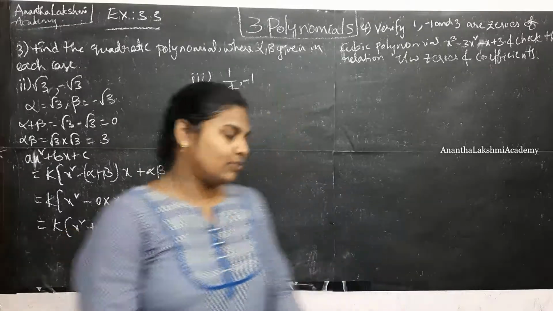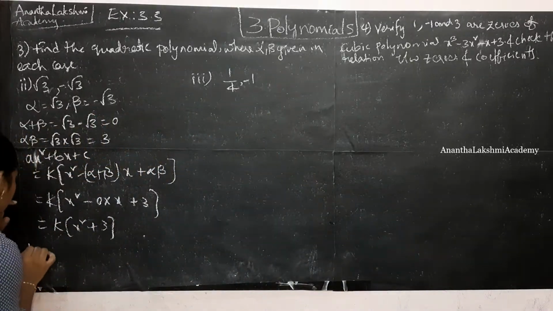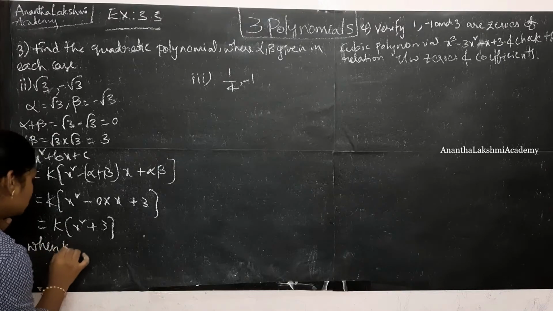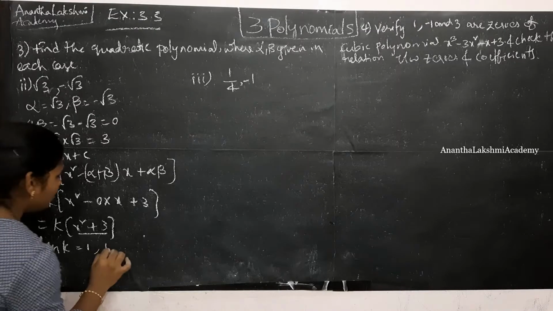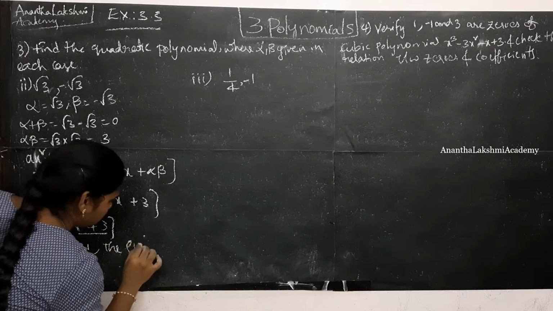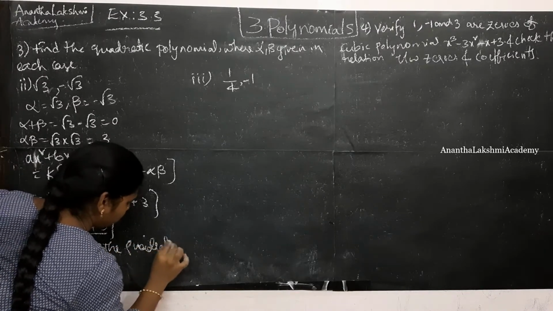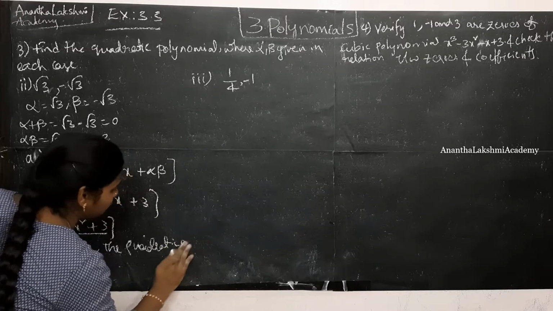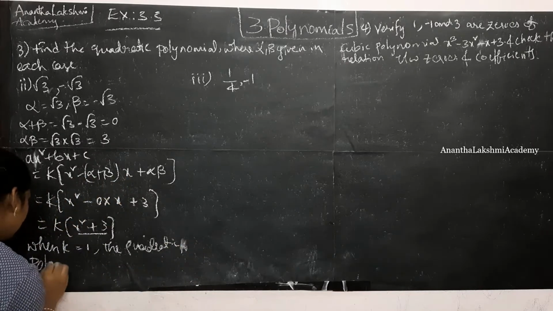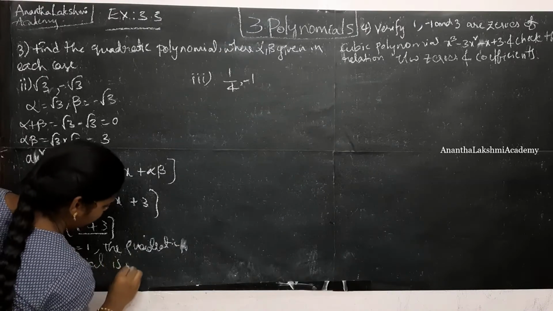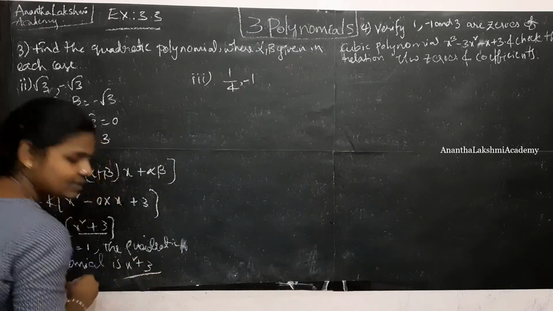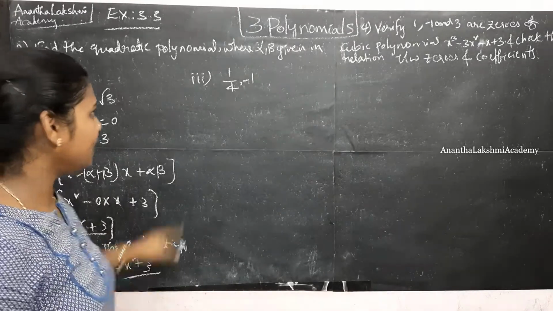No, right? So when k is equal to 1, what does this become? The polynomial, the quadratic polynomial is nothing but x square plus 3. So the answer is x square plus 3. Now here,